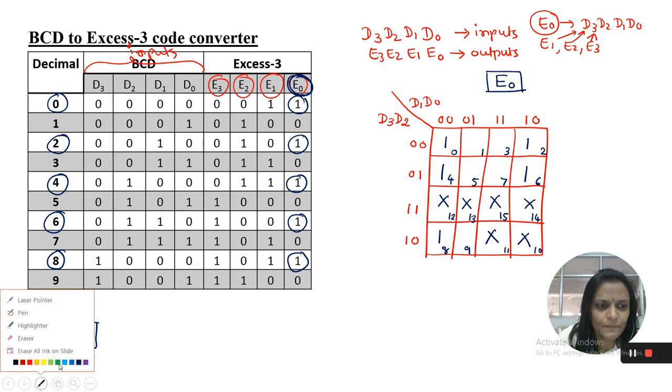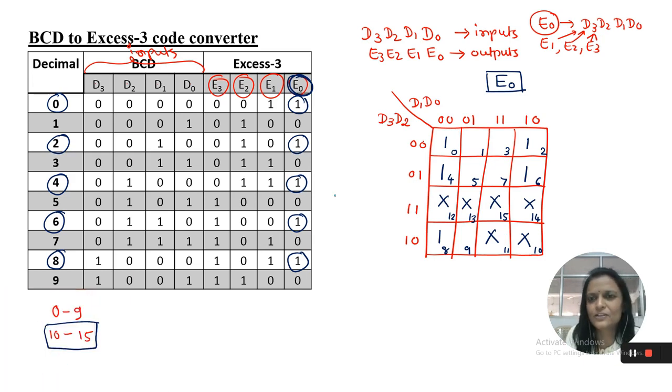Now the next step is to form the groups of 8, 4 or 2. We will form groups of 1s in groups of 8, 4, 2. So let us check whether it is possible to form a group of 8 or not.